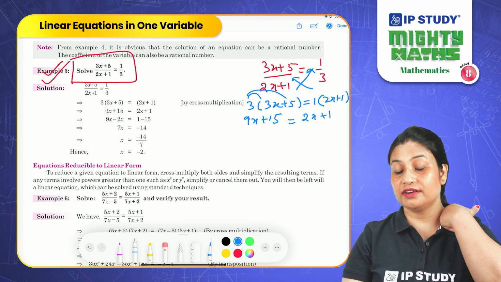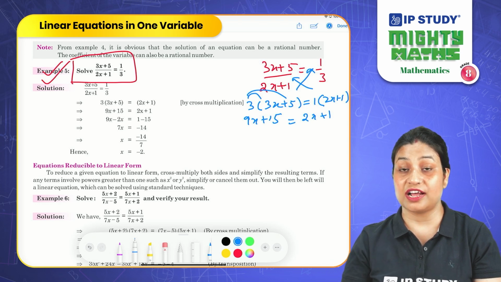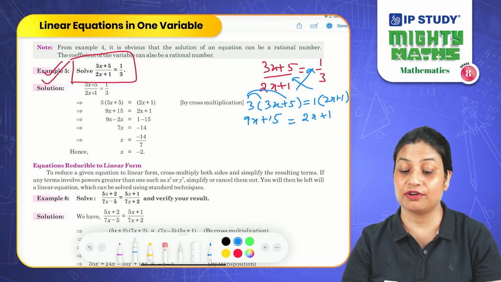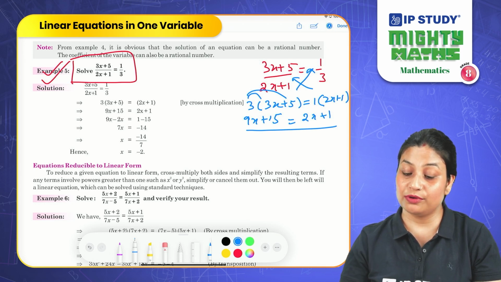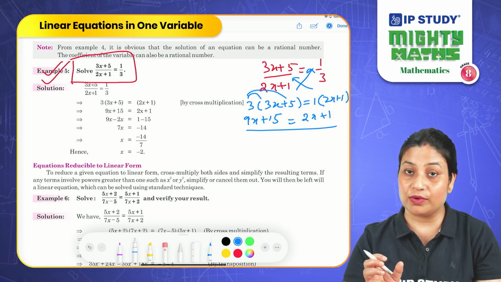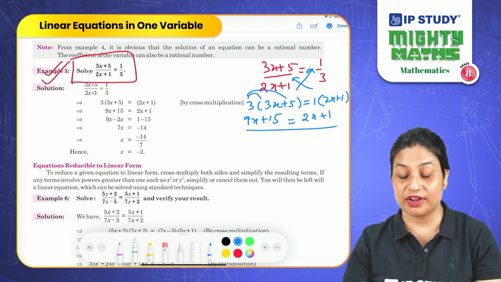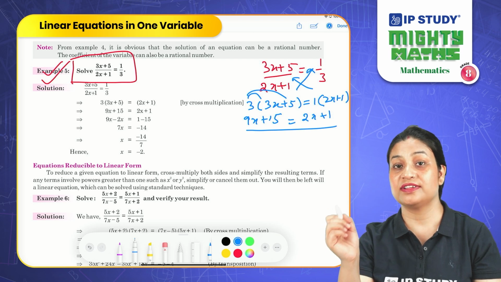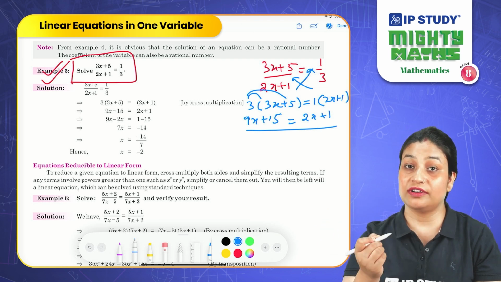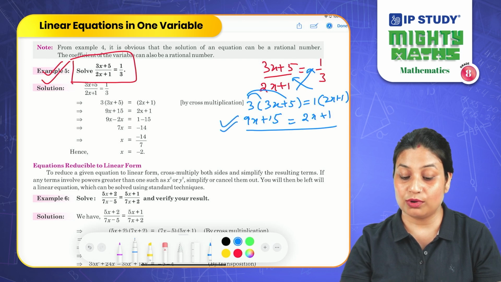Now student, we are going to apply transposition method, transposition rule, the rule number 4 in order to solve this equation after this step. So what we are going to do? We will club or collate variable terms together and number terms together. For that, I have to move some numbers or numbers with a variable from one side to the other side. What we call this method? Transposing method. So I'm going to apply transposing rule over here.